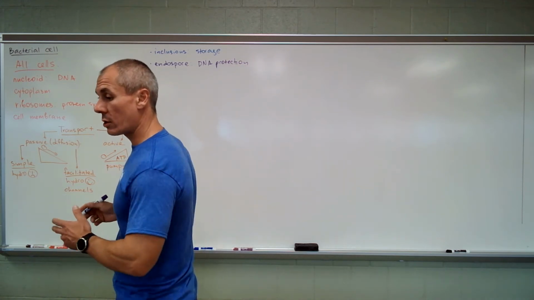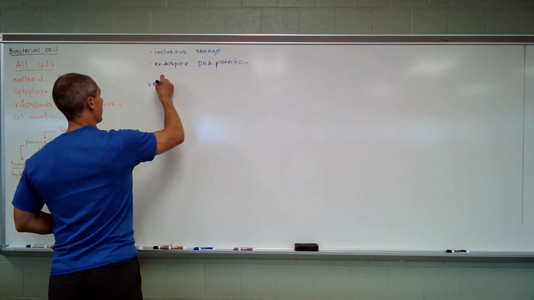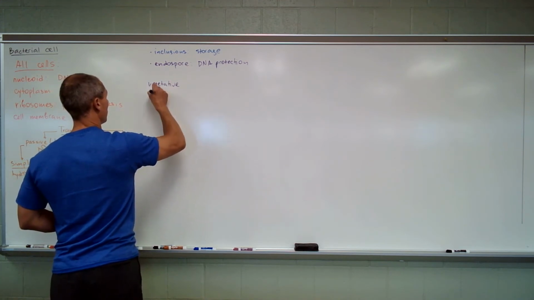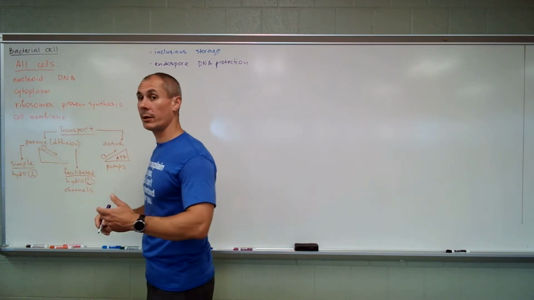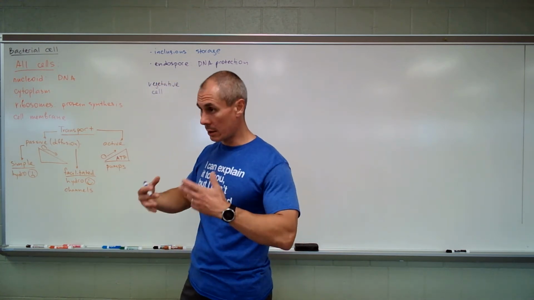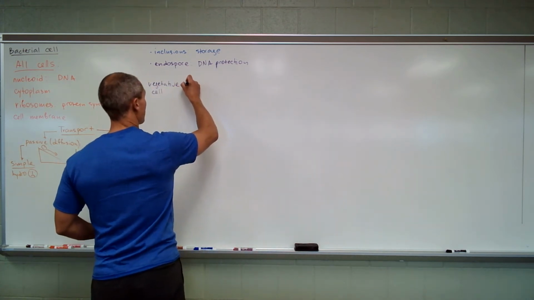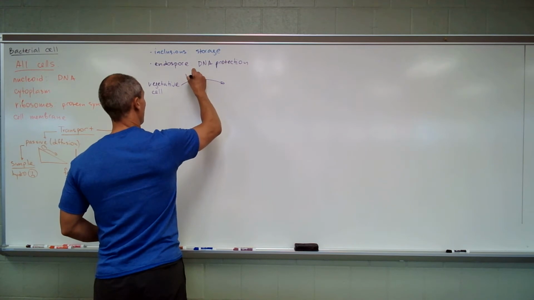So imagine you have a vegetative cell. The term vegetative cell refers to the cell that actively divides and actively metabolizes chemicals. I mean, it lives, okay? It lives. Now, when this vegetative cell is exposed to harsh environment,